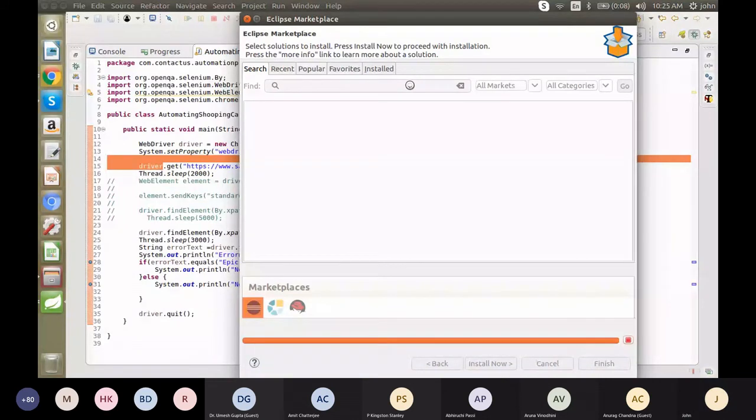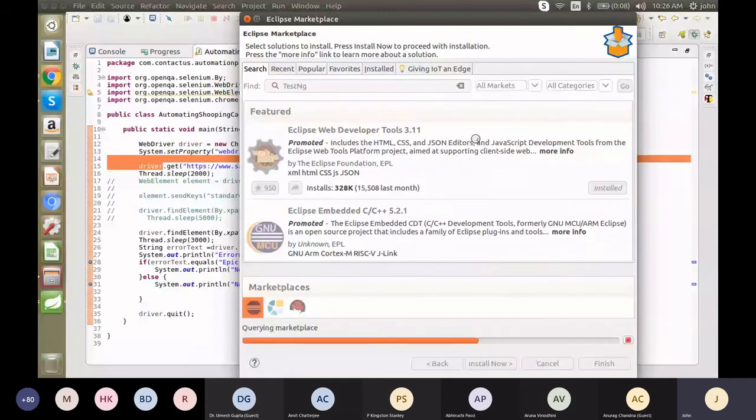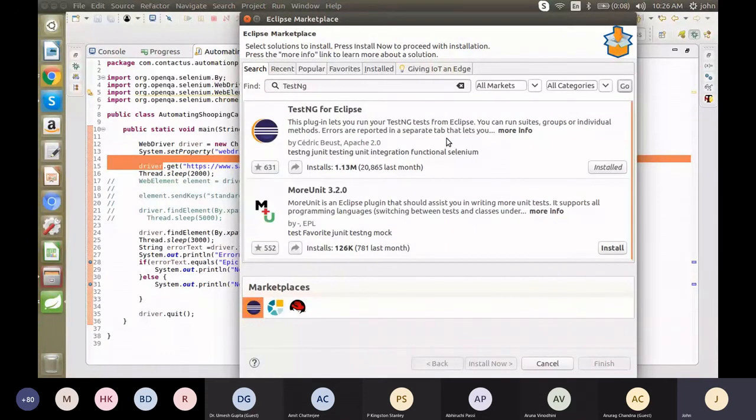In the find option, we have to search TestNG. You have to click the Go option. Here you can see TestNG for Eclipse. This plugin lets you run your TestNG tests from Eclipse. You can run suites, groups, individual methods, and errors are reported in a separate tab.